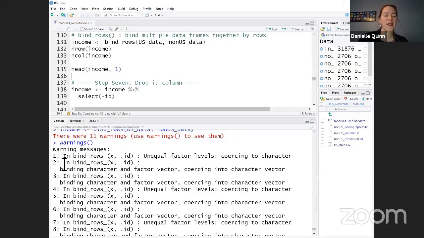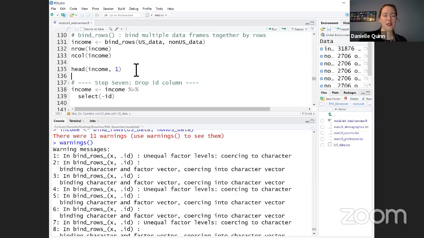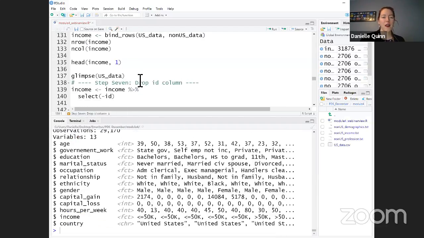And here this warning is a little bit cryptic. In bind rows, unequal factor levels coercing to character. So let's just think about what that could mean, because often these warning messages are not super useful. They're very cryptic. If we were to look at the structure of US data, and we were to look at the structure of non-US data,